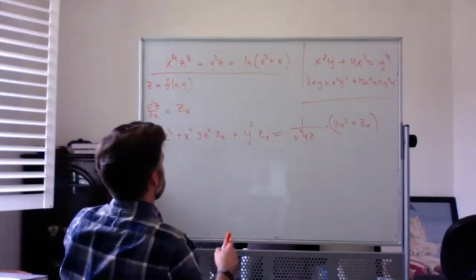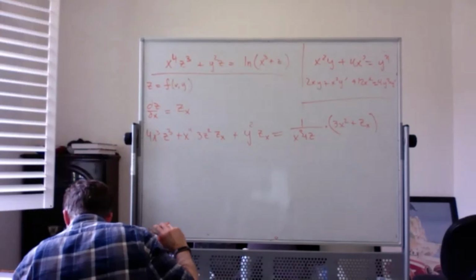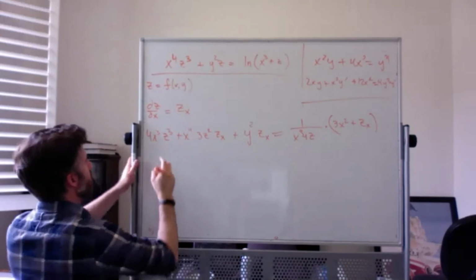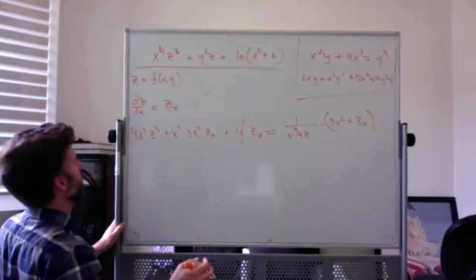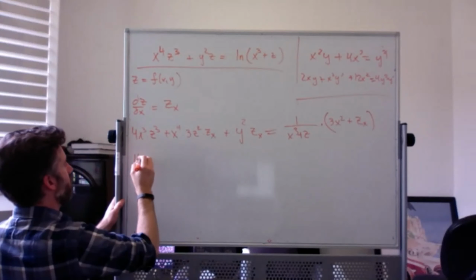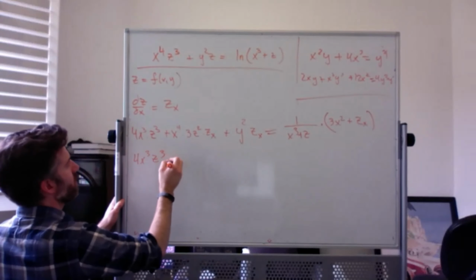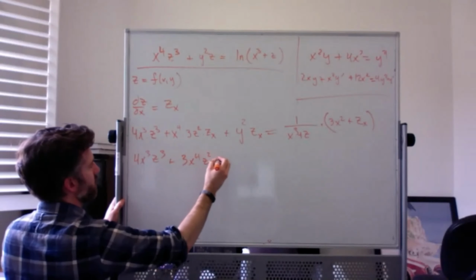So I'm going to simplify a little bit. And there's actually 2 things I need to make sure I do. Oh, that's smart, James. Sorry, I'm trying to end on my knees a lot at this board just because it's easier to write down here like that. So let's see, I've got 4x cubed z cubed plus 3x to the fourth z squared times